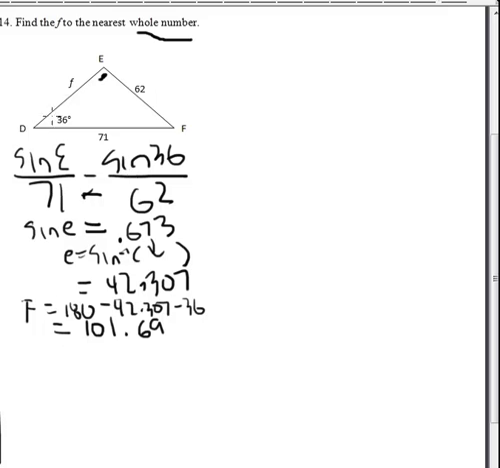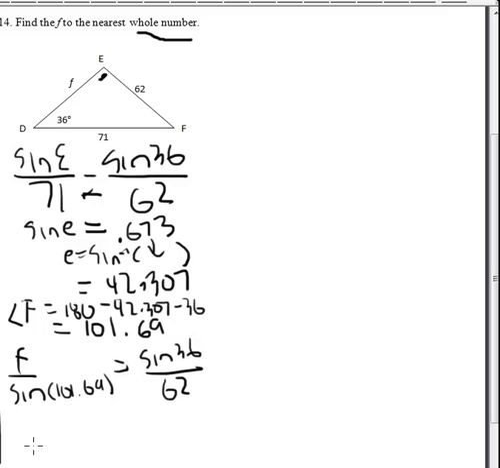Now that we have angle F, we can figure out the measure of side F, because we know an opposite side and we know the angle opposite F. So we can say F, that we're trying to find, over sine of F equals, it doesn't matter at this point, you can use either pair of opposites. You can say sine of 36 over 62 and cross multiply, and you'll find that F is approximately